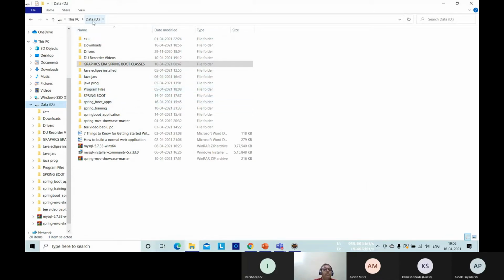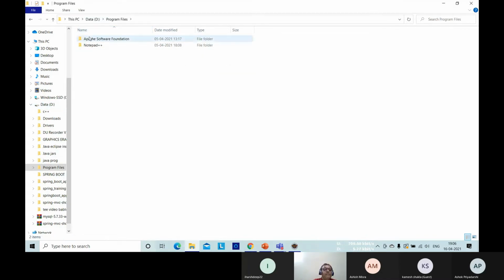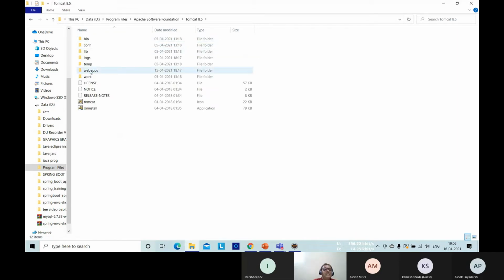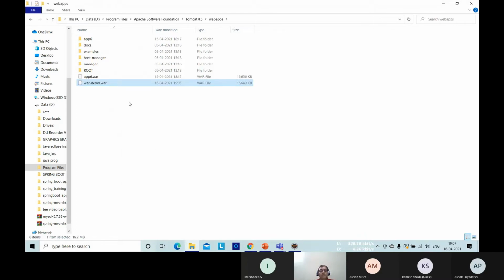So I have installed Tomcat on my system in D drive, Program Files, Apache Foundation, Tomcat 8, and this is the web apps folder. Here you have to do this kind of deployment. That's all. Now the var file has been copied.